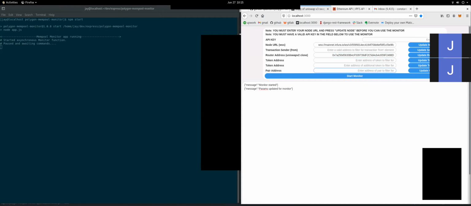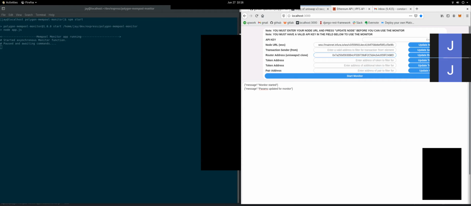Essentially, you could point it at any Ethereum-type blockchain just by changing this node to a different Ethereum blockchain, and you just update the router address to whichever router you're looking for. You can put in SushiSwap, PancakeSwap, or QuickSwap's router, and the monitor will pick up pending transactions in the given blockchain's pending transaction pool that are being sent